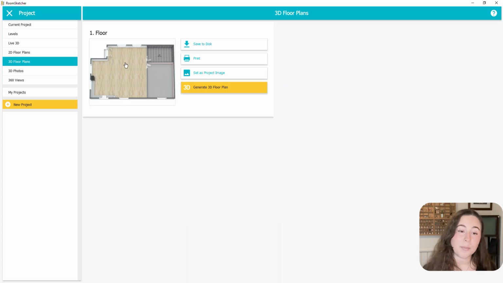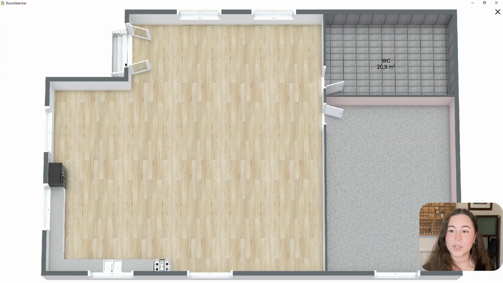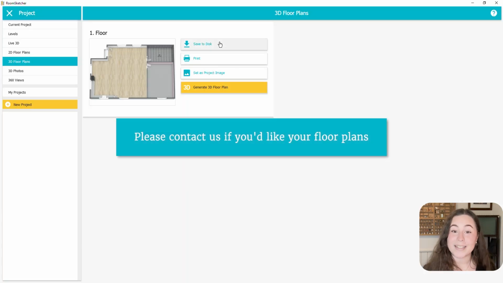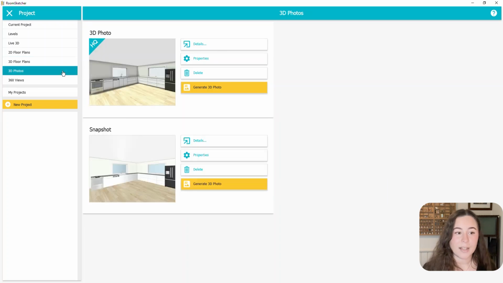You can even click on the thumbnail to open the image to have a better look at it, and it looks great. Gonna close that down, and from here as well, you can print it directly or you can save it to your computer. Now, for the photos that we took, I mentioned that I saved the low quality snapshot, but I